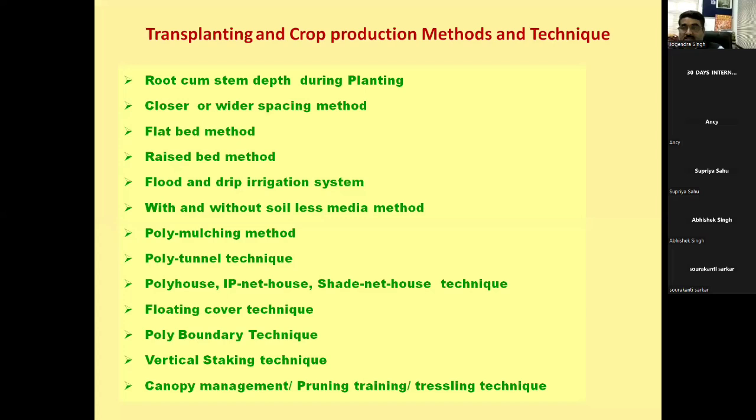This is the method of protected cultivation. This is a method of tomato production under polyhouse condition. This polyhouse is a naturally ventilated polyhouse, and we can use a drip irrigation system, raised bed system, training, pruning, and tasseling system. The time of planting is August month and the time of last harvesting is the second week of June. So nearby more than 10 months we can cultivate the tomato crop in the plain area. And in the hill area, we can promote from February, March up to November, December. These are the periods of cultivation of tomato.